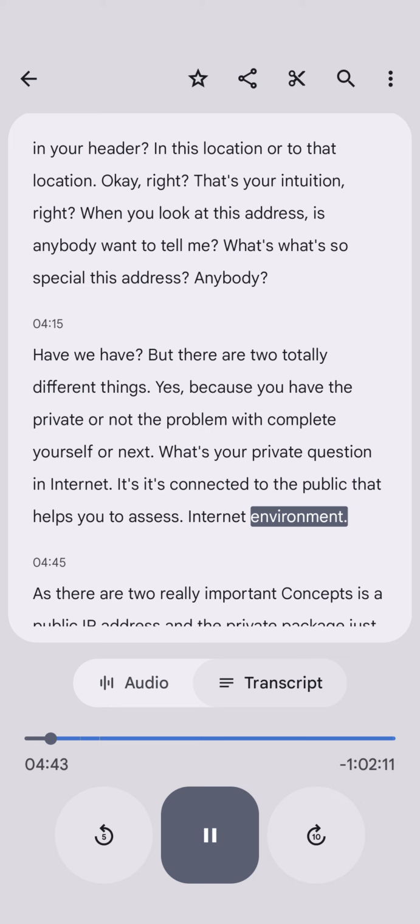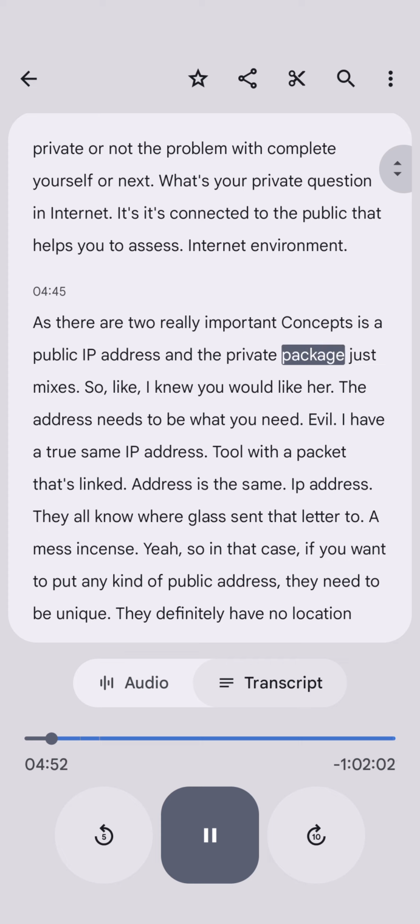Guys, there are two really important concepts: the public IP address and the private IP address. Make sense? So when I mail you a letter, the address needs to be what? Unique. If I have two same IP addresses,